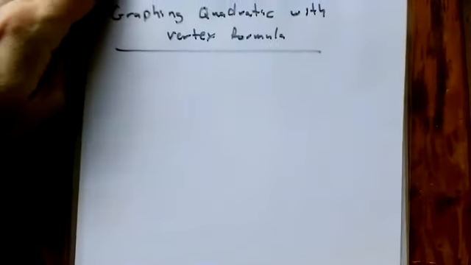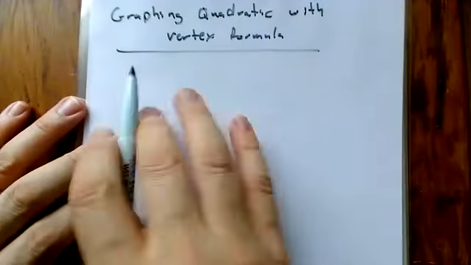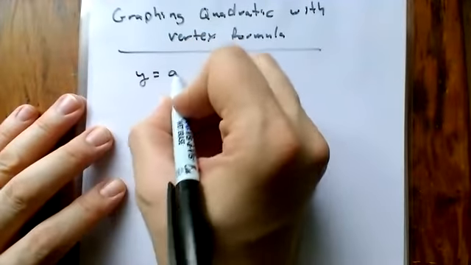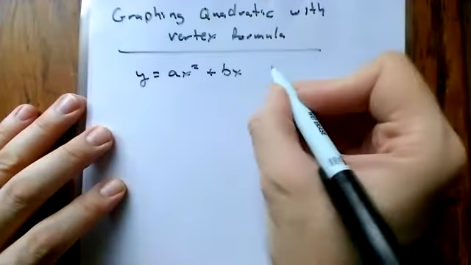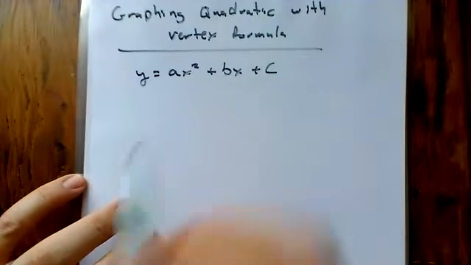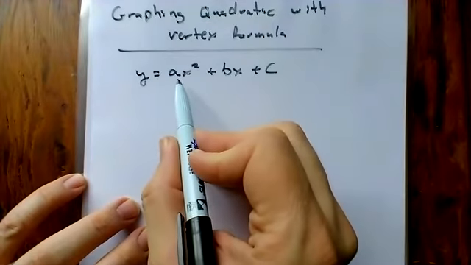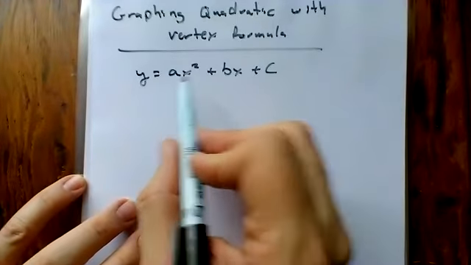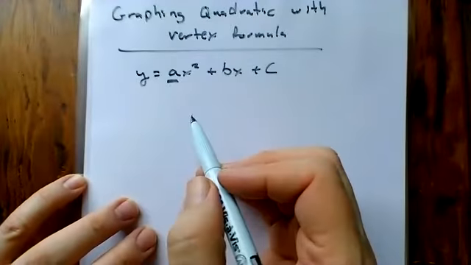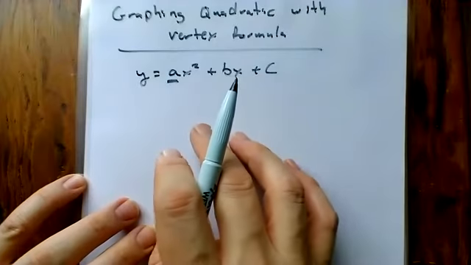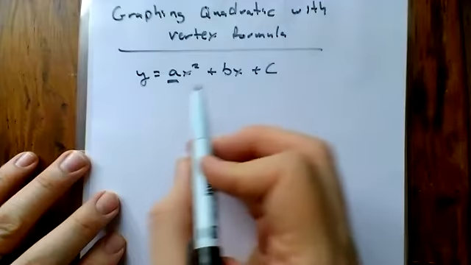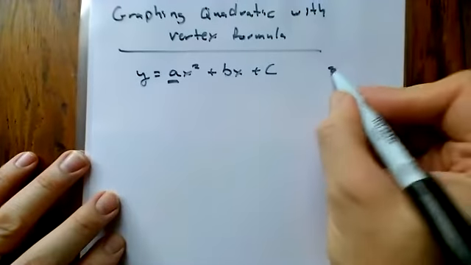Okay, so we talked before about graphing a quadratic just from standard form, which is y equals ax squared plus bx plus c. And one of the things that we've seen is that once you have your vertex and know a little bit about, especially that leading coefficient, it's fairly easy to graph. It's relatively straightforward to graph. So let's talk about how to convert from this standard form